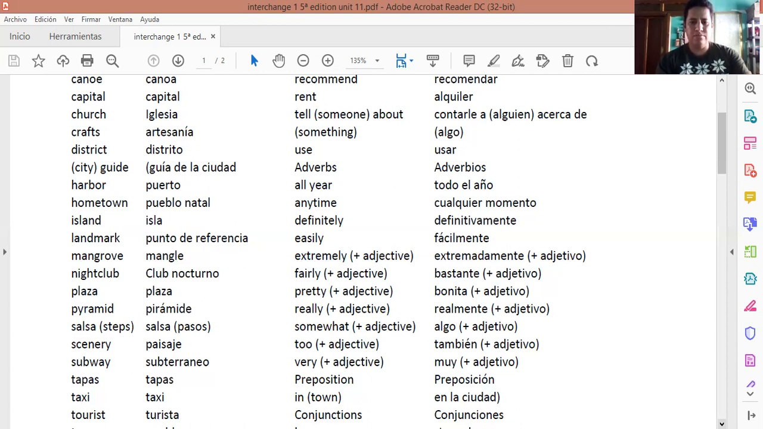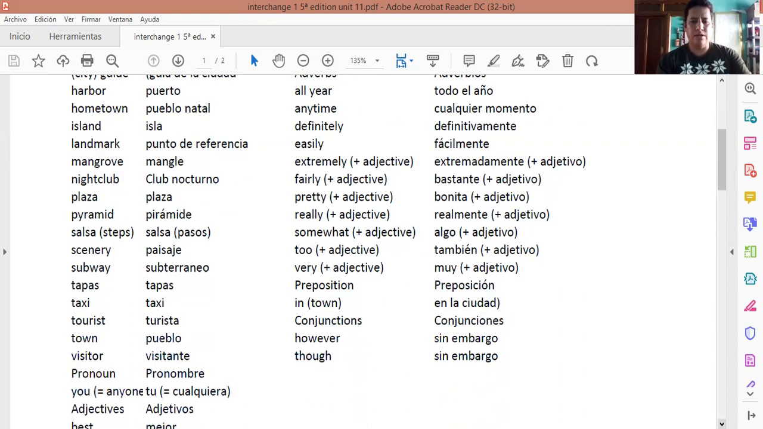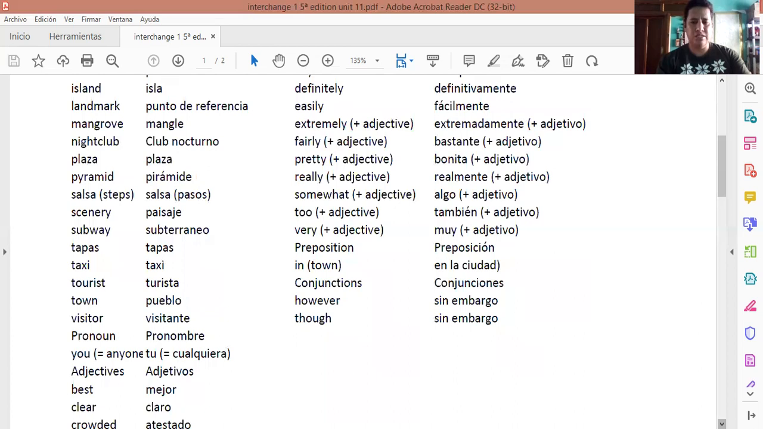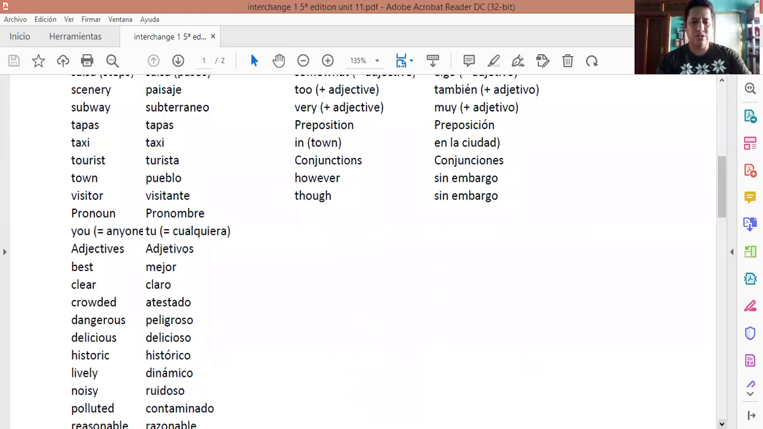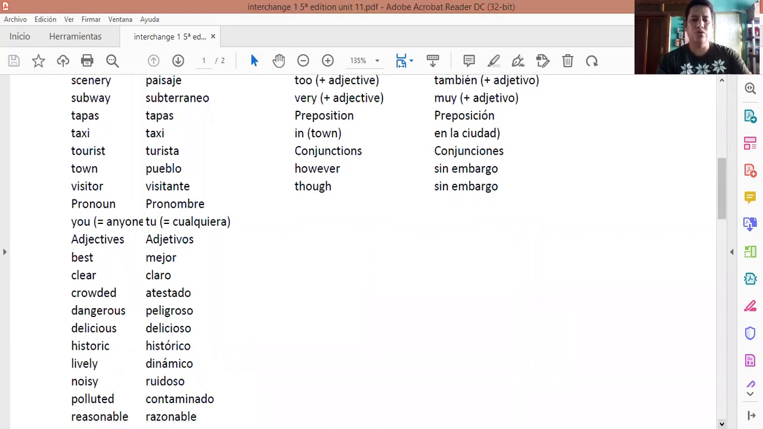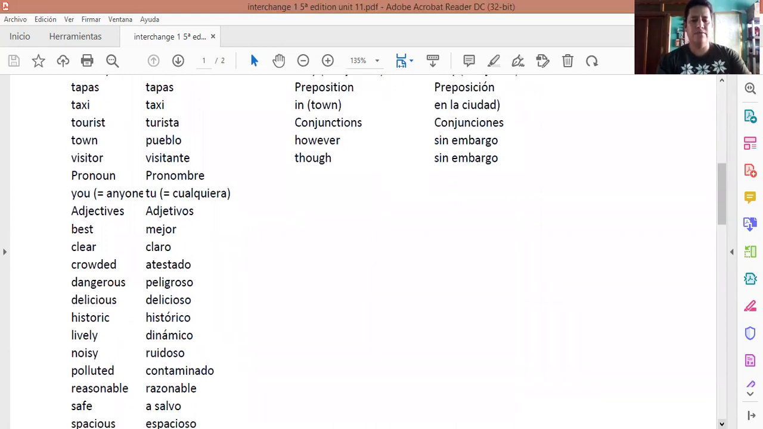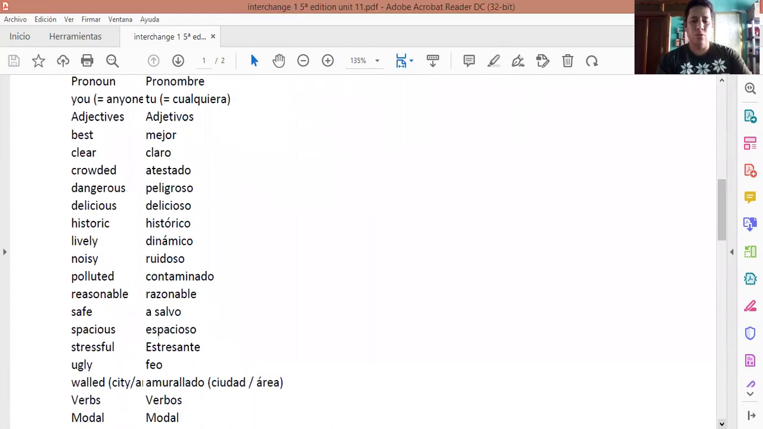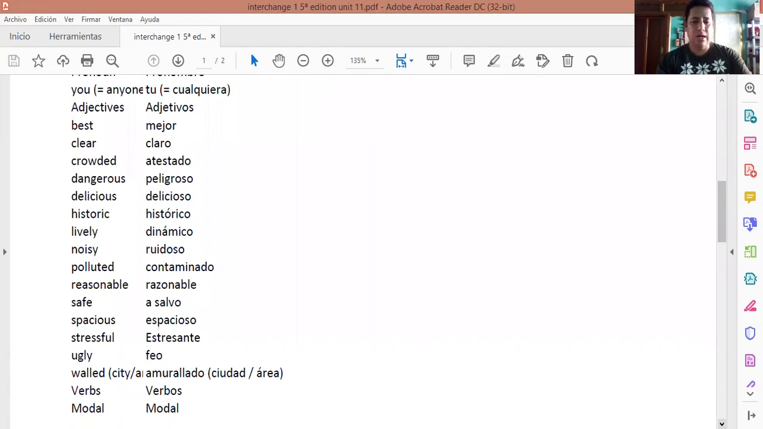Preposition: in town. Conjunction: however, though. Pronouns: you, anyone. Adjectives: best, clear, crowded, dangerous, delicious, historic, lively, noisy, polluted, reasonable, safe, spacious, stressful, ugly, wallet, city,